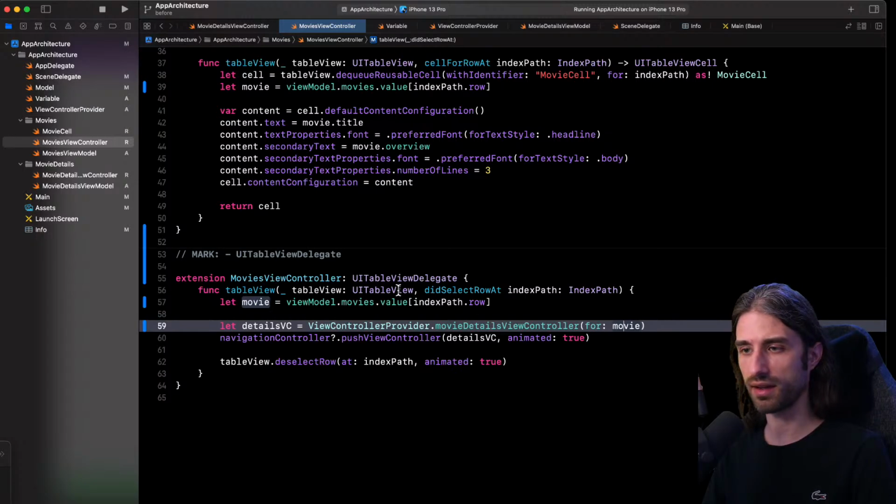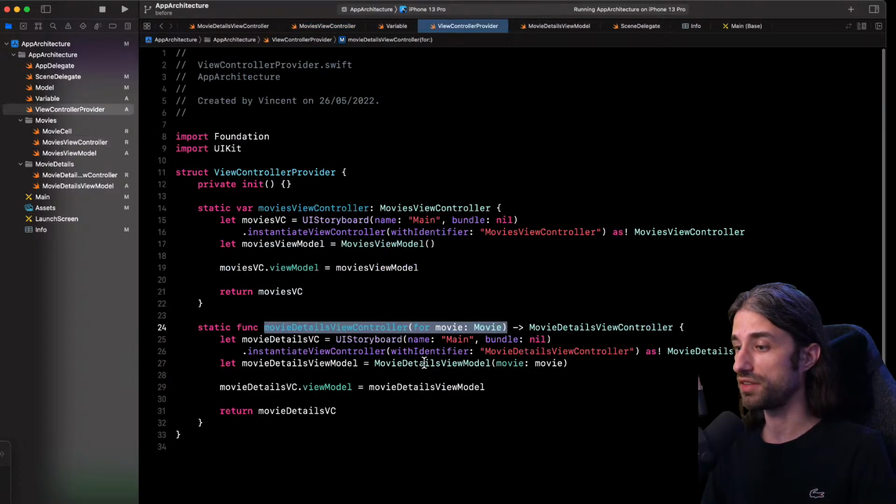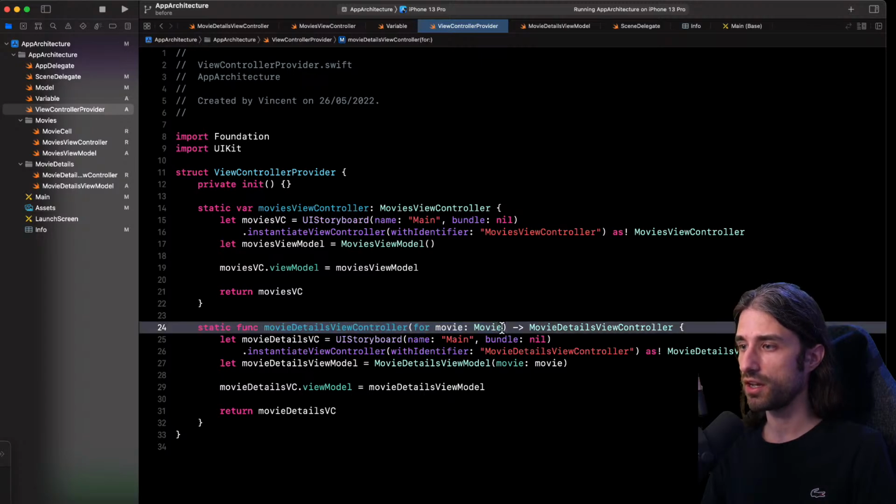And what's nice also is that since this is now dependency injection, here I could, if it makes sense inside my app, dynamically, depending on the type of movie, return, why not, a different view controller. So of course I would need a superclass or an interface or protocol, something like this. But I could, for instance, depending on whether the movie has been released or not, I don't know, return two different kinds of view controller. That's one of the added advantages of doing dependency injection.